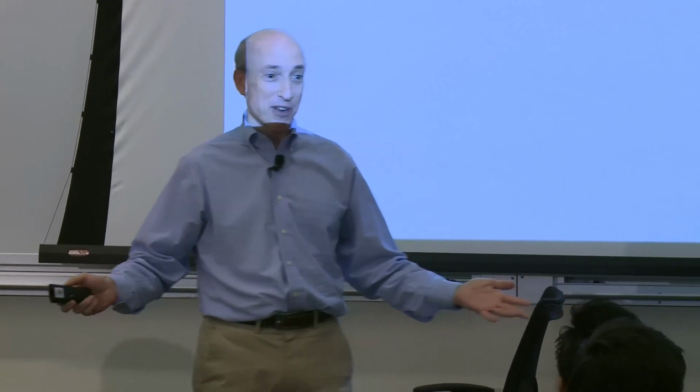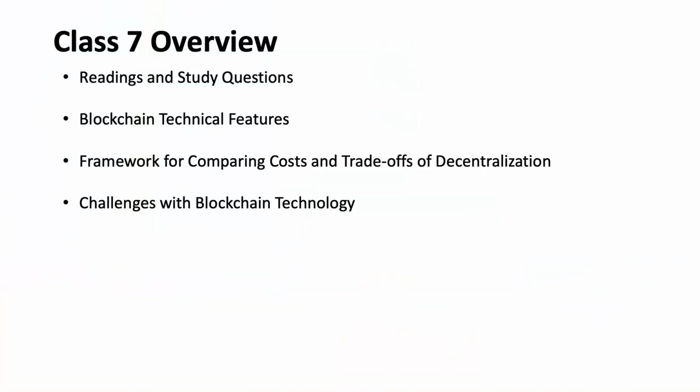We have lecture 11 and 12, what I call Act 2, which is the economics, but I want to set up a little bit about the economics. You saw that in the reading, the 21st Geneva report that Simon Johnson and Nehan Narula and Mike Casey and Jonah and I wrote. I only assigned you 7 pages out of it, so I hope that you read the 7 pages. But some of the costs and trade-offs, the challenges of blockchain technology that are very real. I'll give you my own perspective on where I think this will sort out over the next 3 to 10 years. So I'll do some predictions.